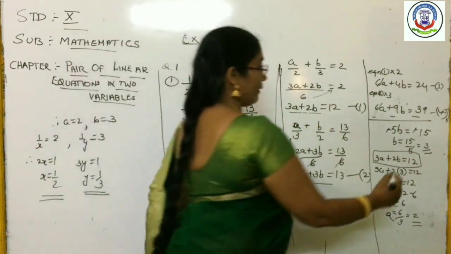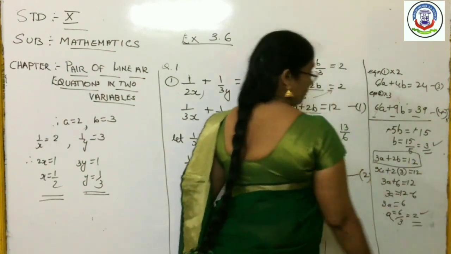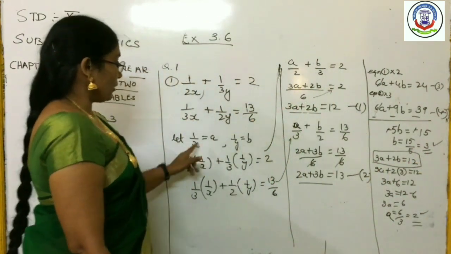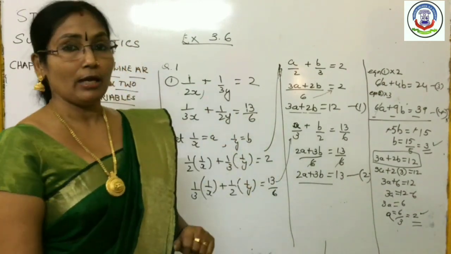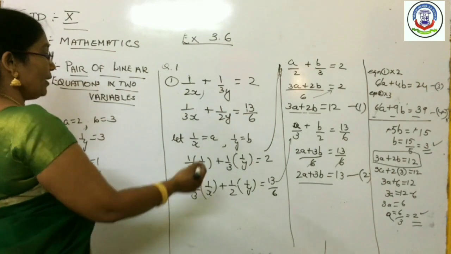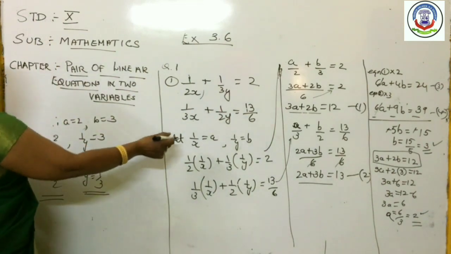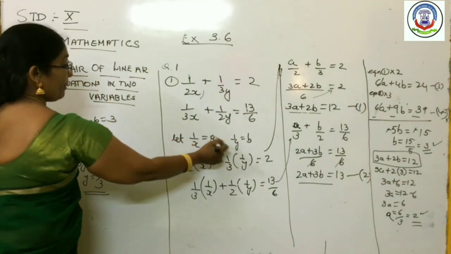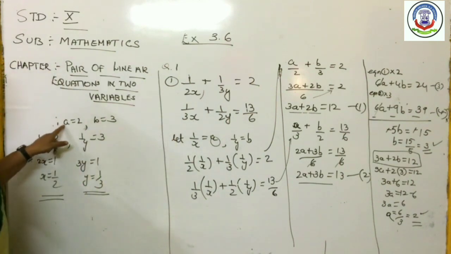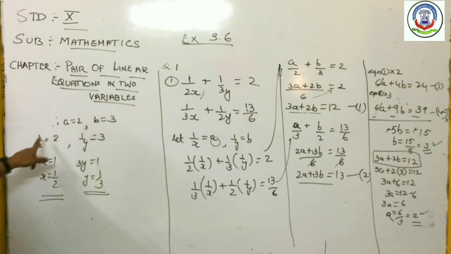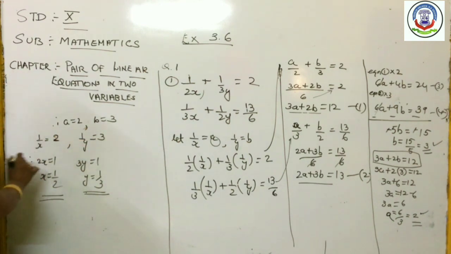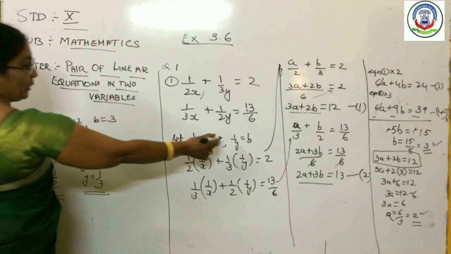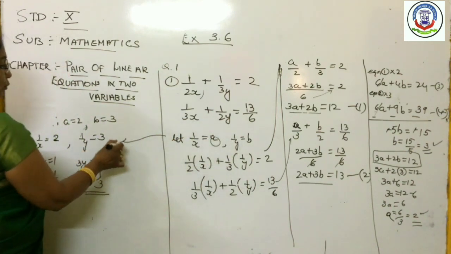Now you have got the value of b and a, other two variables. But you have to convert it into which variable? X and y, because we are going to find out the solution of x and y. Now resubstitute the value of a and b in this equation. A is equal to 2, b equal to 3. And you already know that 1 by x is equal to a, that was our substitution. So instead of a, what you will substitute now? 2. And 1 by y is equal to what was that? B.